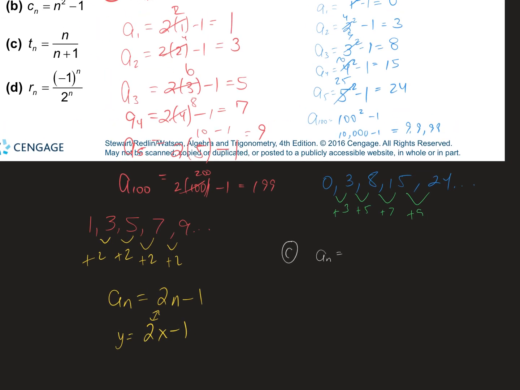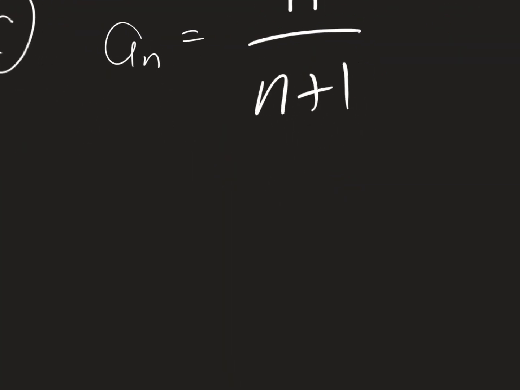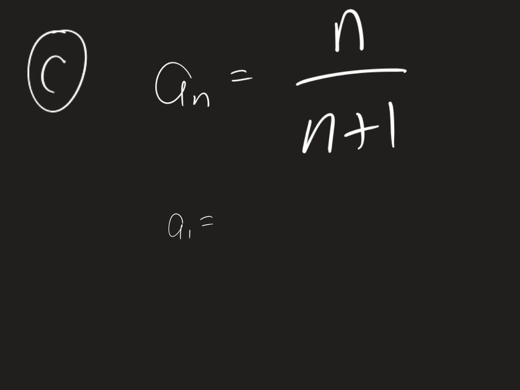A sub n, again, you can use whatever letter, is n over n plus 1, right? I know this might seem super basic, guys, but again, as some of the rules get a little more involved, you've got to pay attention. If you're going to find the first 5 terms,